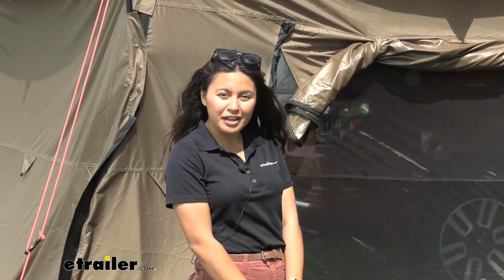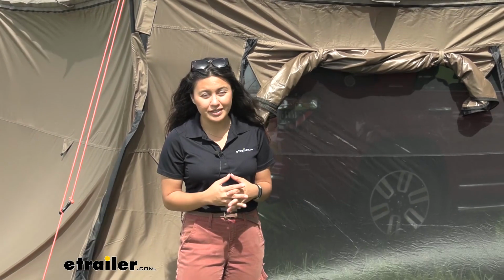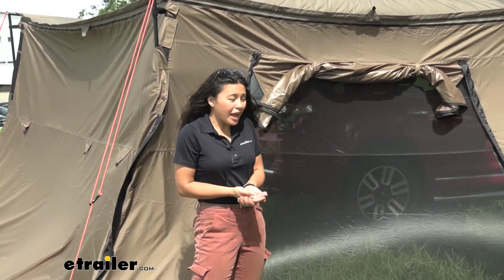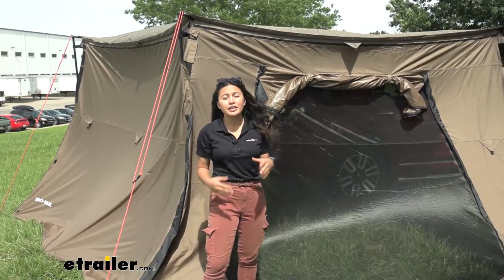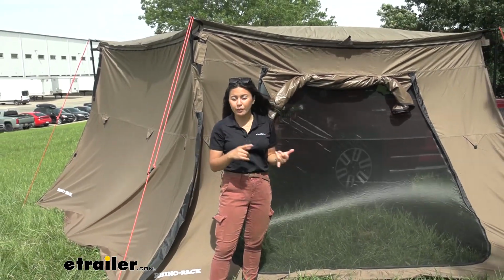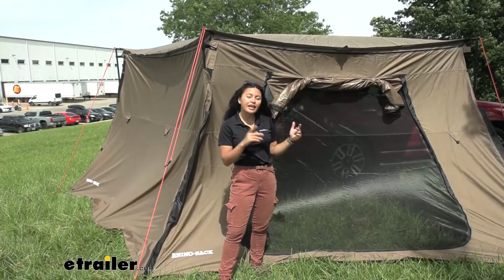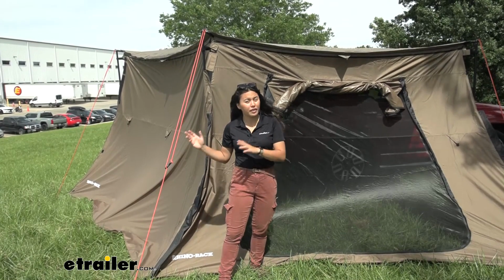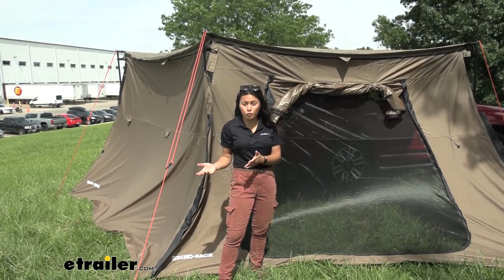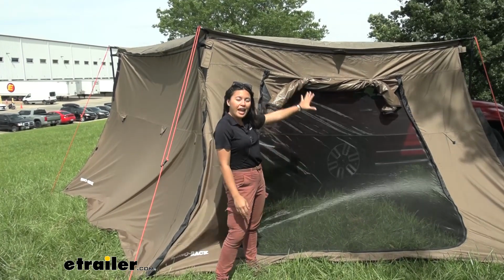So my personal thoughts about the tapered extension with the door is you really get all of that versatility. In fact, if I could choose, I would get all four extensions with this design, just because I can pick and choose if I want sun, if I want wind, or if I want both. The downside to this is it is going to be a little bit pricier than without the door version. So you would be able to get away with getting 3 of the extensions without a door and then still